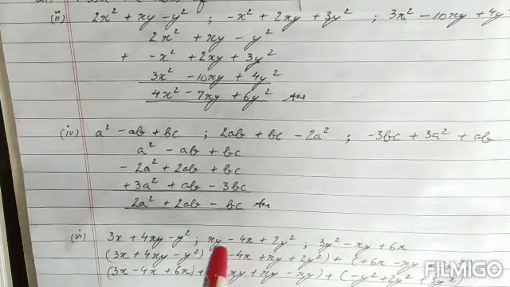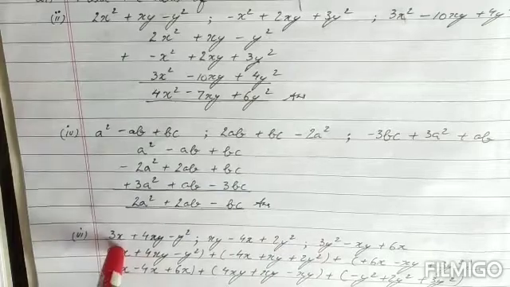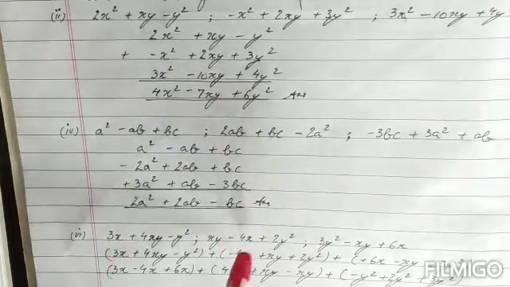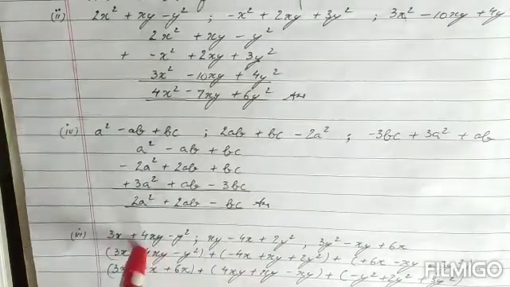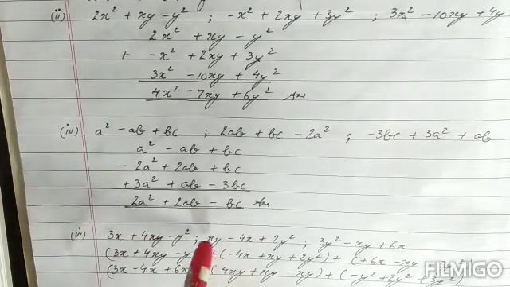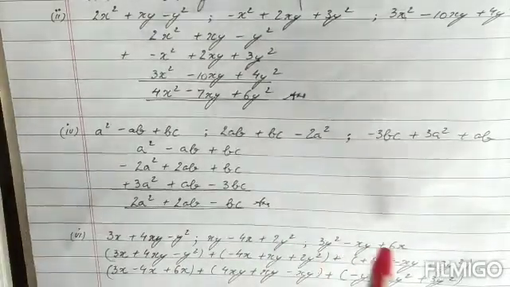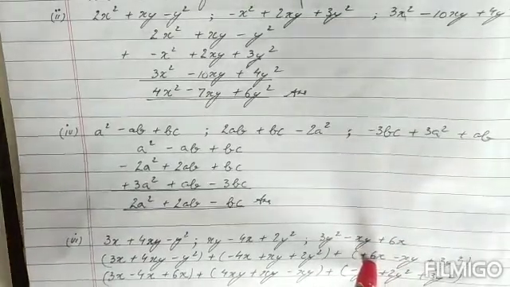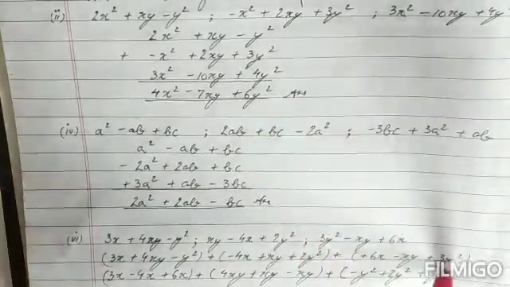Like, see, in this particular question, children, look at the second one. It is written xy minus 4x plus 2y square, and in the first one the x variable was written first, so I have rearranged it and brought the x term in front. So I have written minus 4x. Then the second one was xy, so I have written a plus xy and then a plus 2y square. Similarly, for the third one also, I have brought the x term in front, that is a plus 6x. Then the one with xy, that is minus xy, and then a plus 3y square.